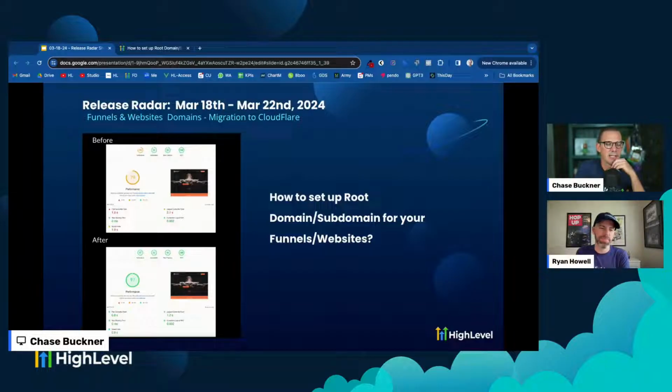But in the meantime, like Ryan said, if you want to do it now, you can just go disconnect the domain, reconnect it. And if you want to do that manually, you can hit up this help doc here, how to set up root domain. If you just search for this, you'll get the doc, and it has the new A record and the new